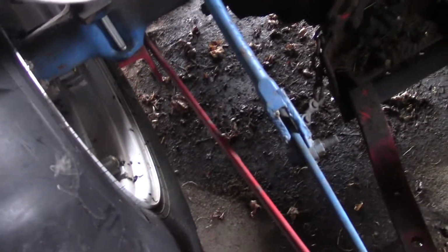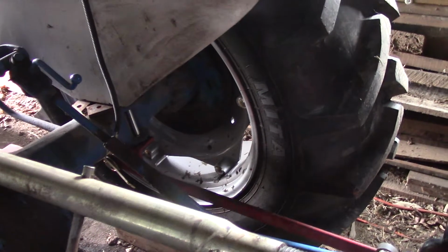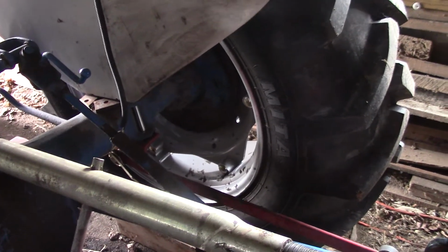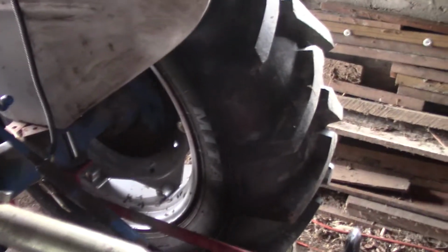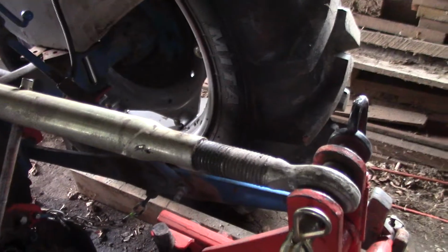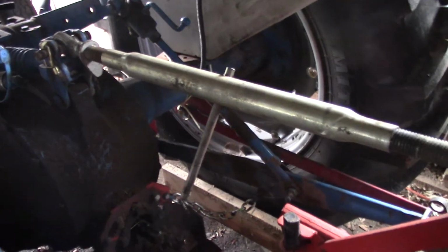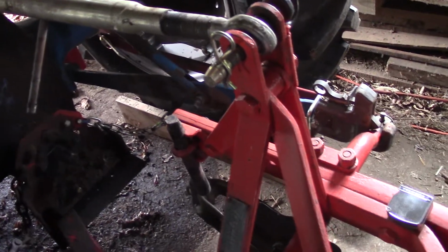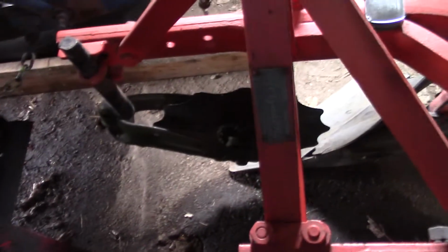And that's the way I can change the wheelbase with the rims I have anyhow. I could go 64, 68, 72, or 76. Right now I'm at 72, and that's where I want them to be. It works with this plow and it works with my mower. Excuse me. And that's how it works. So I am going to put a link to a pamphlet or a book that they have